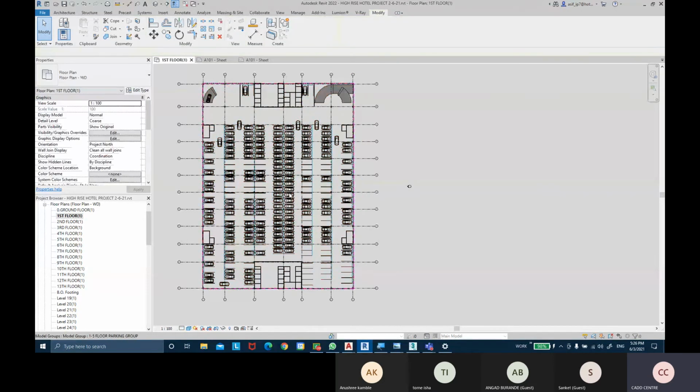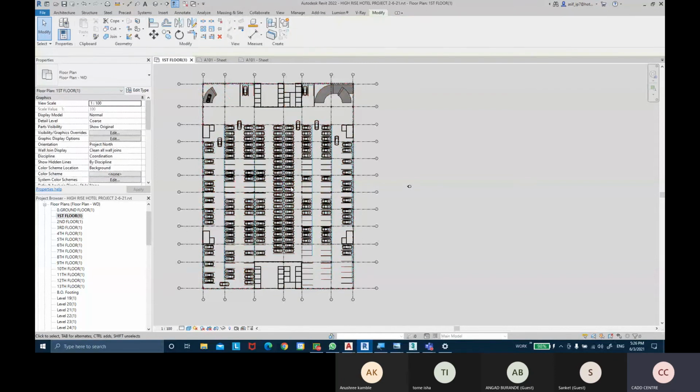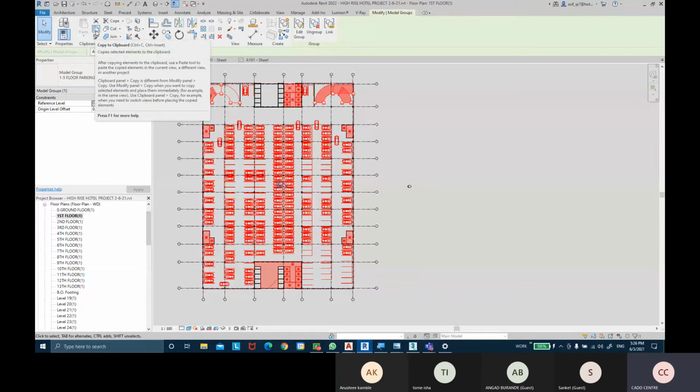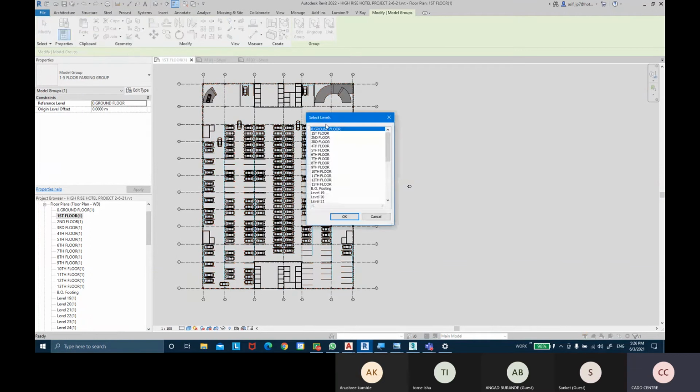When I select, it selects as a whole element. Then I can take the copy command or copy to clipboard, and then we can take the paste and align to selected levels. I can copy paste on the second floor, third floor, fourth floor, and the fifth floor.